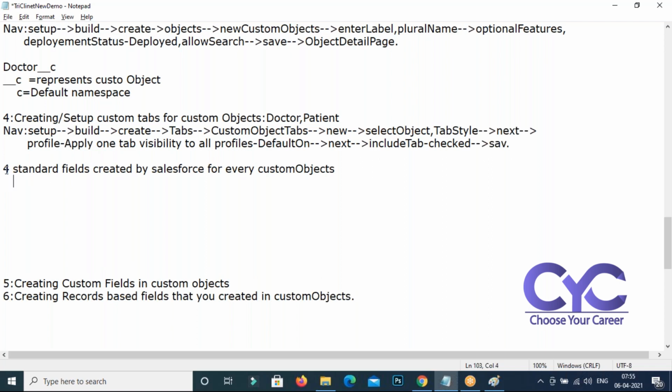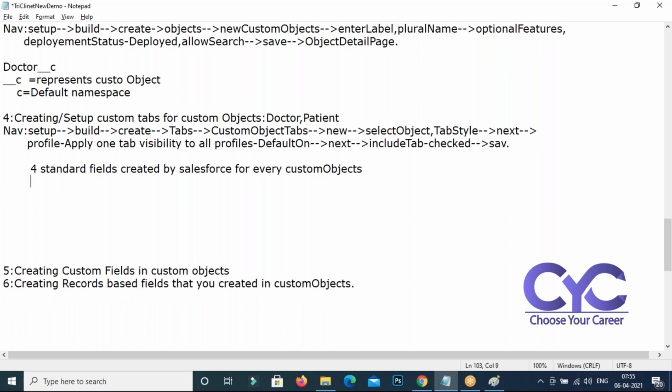One will be Name. Two will be Owner. Three will be Created By. And four will be Last Modified By. Are you getting it?